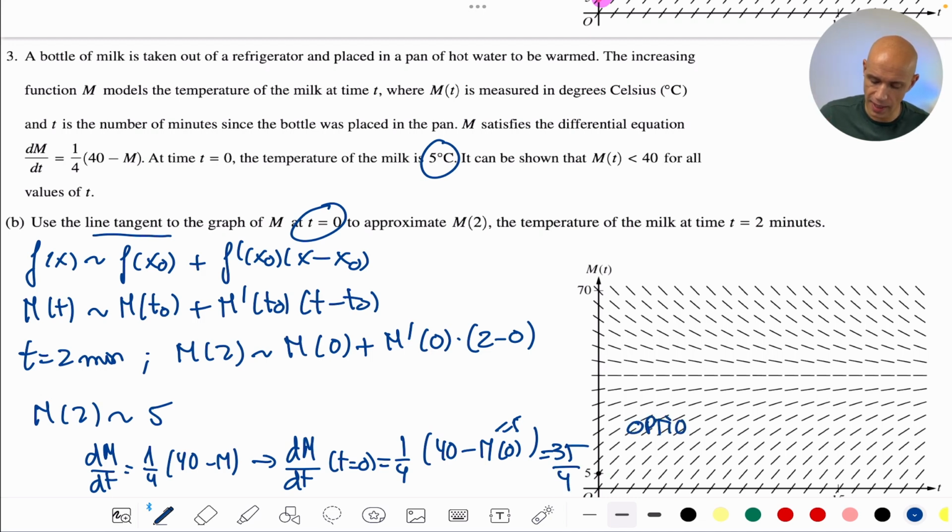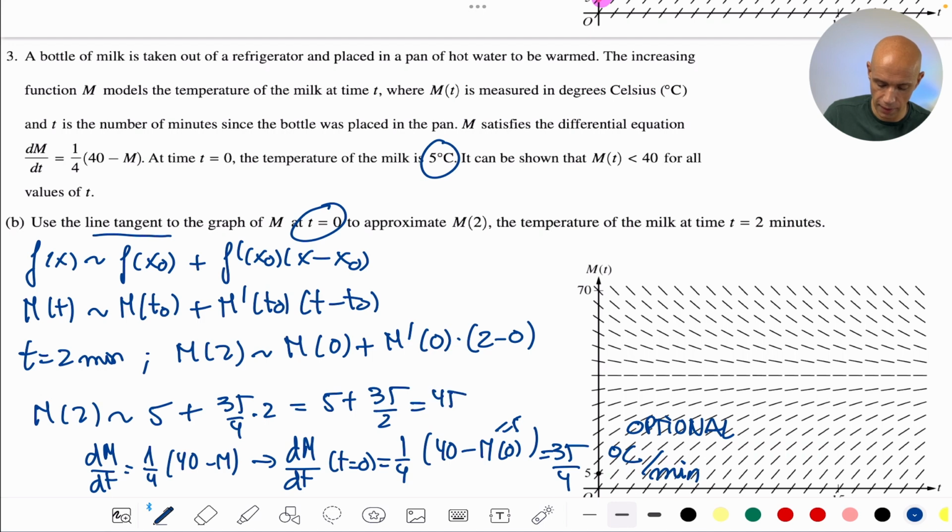The optional thing is that there are units here, right? So this has units of degrees Celsius per minute, okay? If you want, because that's the derivative. If you plug this thing here, then you have that this is 5 plus 35 divided by 4 multiplied by 2. And this is equal to 5 plus 35 divided by 2, or 45 divided by 2, which is 22.5, and